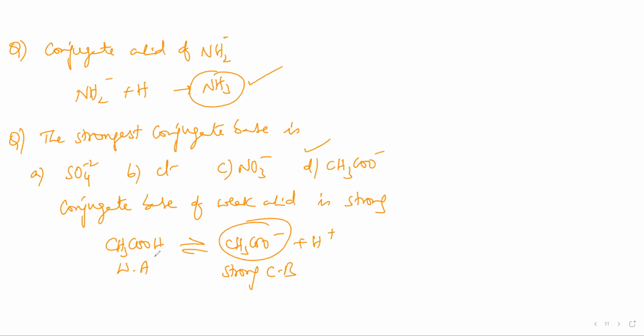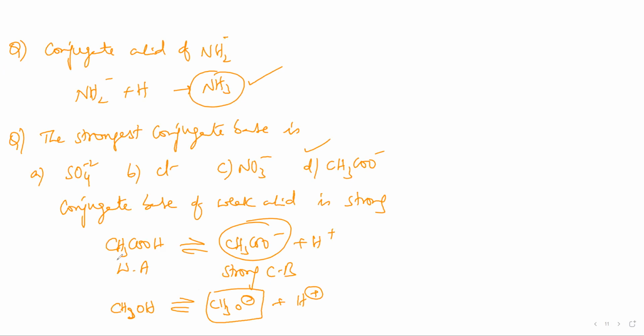Sir, CH3O minus is stronger than CH3COO minus, sir. Come again. Sir, the conjugate base of methanol, CH3OH, is stronger than that of acetic acid, CH3COO minus, sir? Yes, CH3O minus, because